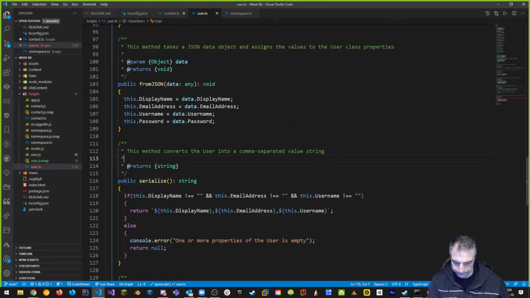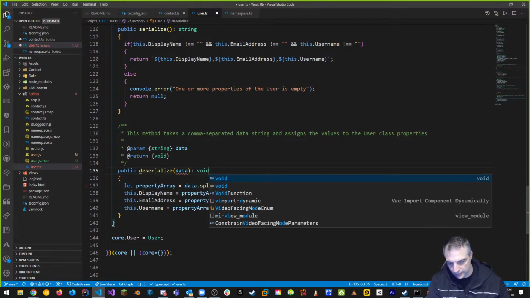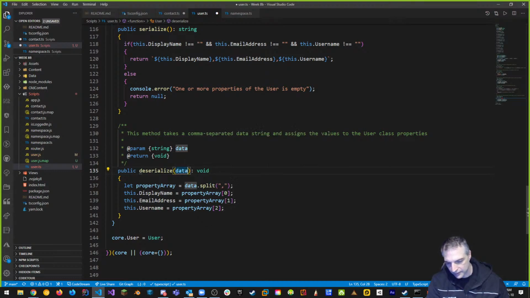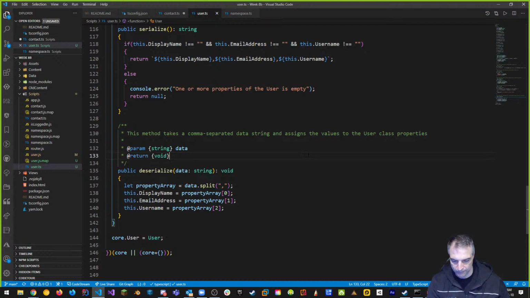Pretty cool. And finally, public deserialize is going to return void, but my data is going to be of type string. Excellent. We've done everything we need to do for our user.ts.